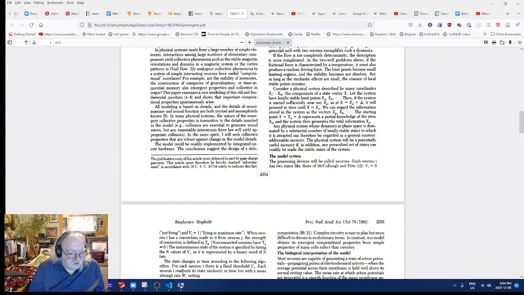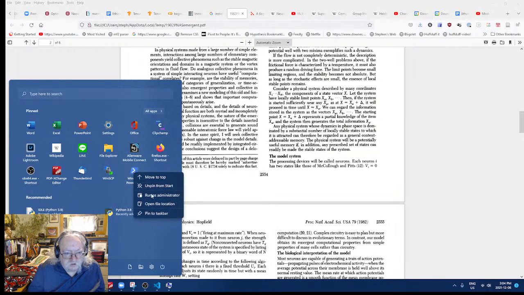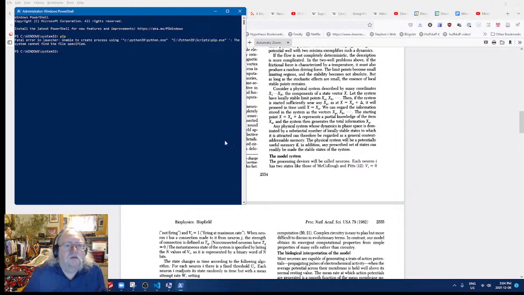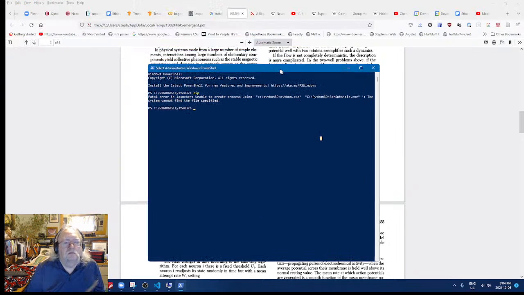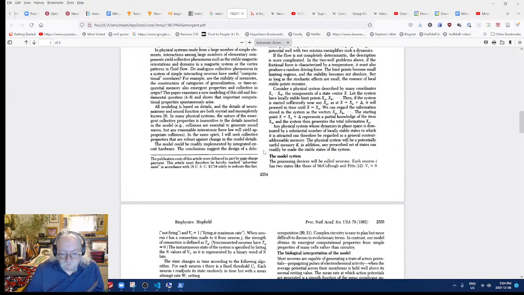Environment variables have to be updated, so I have to close my PowerShell. Now I open my PowerShell. Run as admin. Pip. All right, I'm killing this. Maybe not yet.